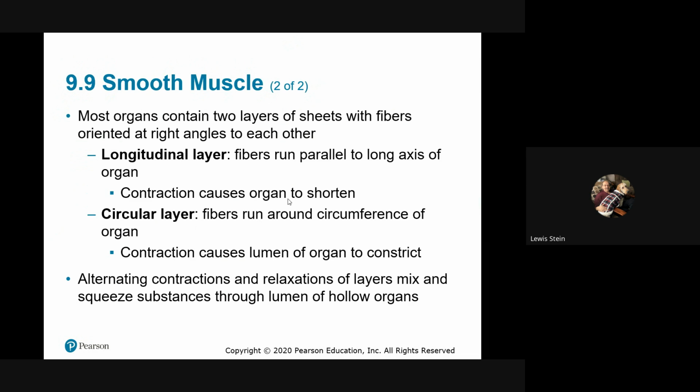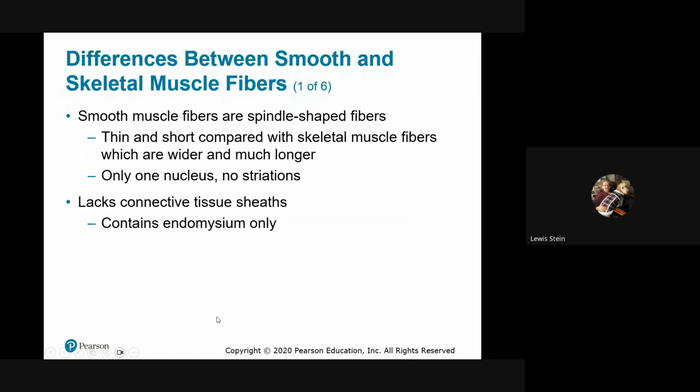In the female reproductive tract, when we're looking at fertilization and the sperm has been ejaculated in, we have reverse peristalsis to effectively assist the sperm on their journey toward fertilization. So we see this consistently. That peristaltic action moves urine. When there's a constriction, such as a urinary stone, it goes into colic, reflex spasms that hurt like hell. So alternating contraction and relaxation of the layers mix and squeeze substances through the lumen of those hollow organs.